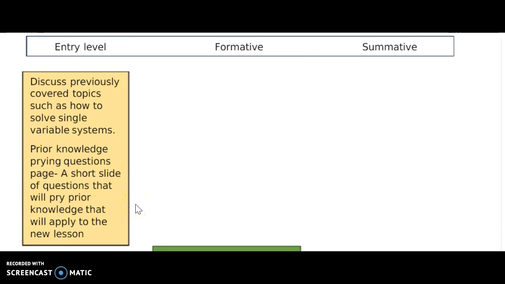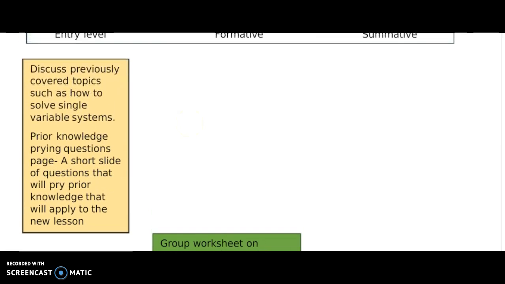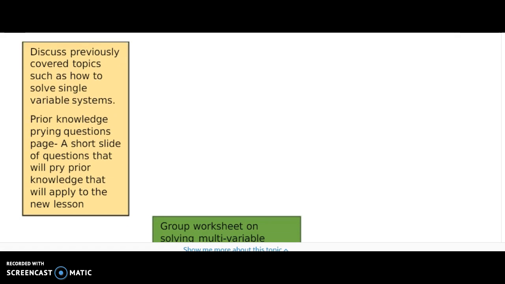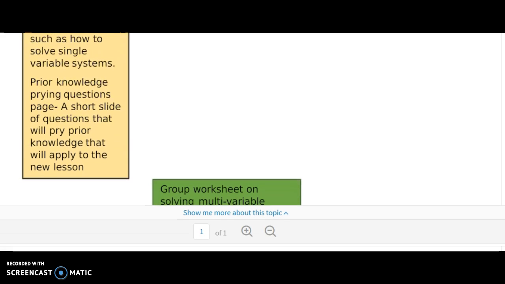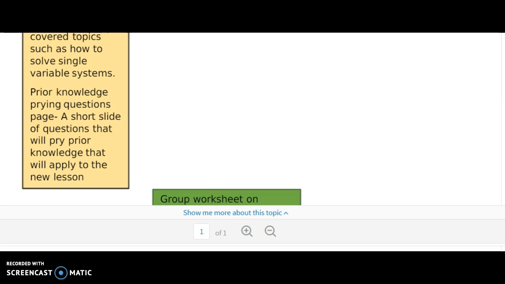So here's my assessment map for this part of the unit plan of solving systems of multiple variables. We have the entry-level information of what the entry-level assessment will include, such as discussing previously covered topics, such as how to solve single variable systems, and some prior knowledge prying questions that will include a short slide of questions that will pry prior knowledge that will apply to the new lesson. And then we move on to the formative assessment,